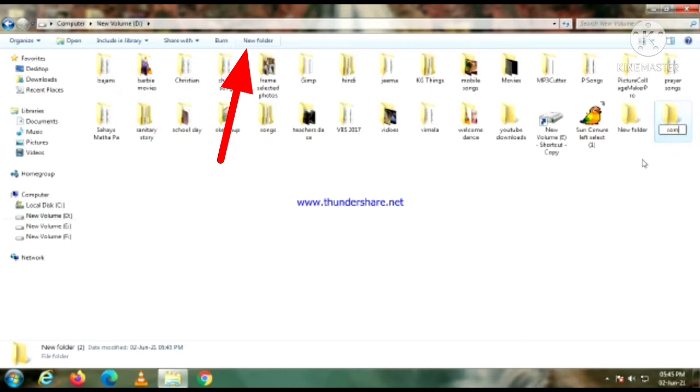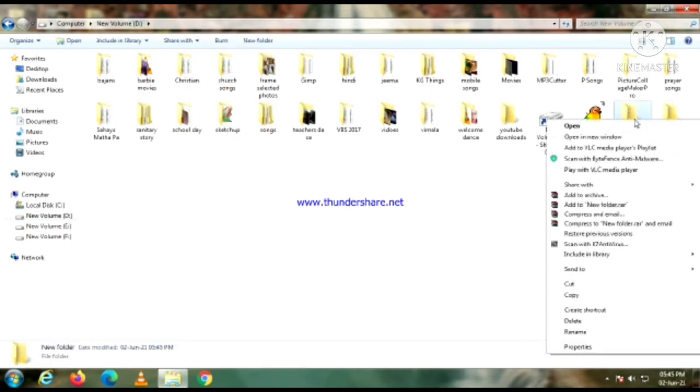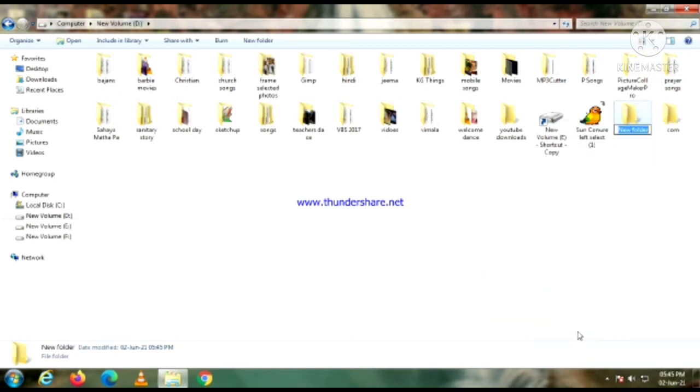Now, the name of the new folder is highlighted. As it is highlighted, you can change it to another name. Just right-click on a file or folder you want to rename. Then the context menu will appear. Then select Rename from the menu. After that, you can type your favorite name.